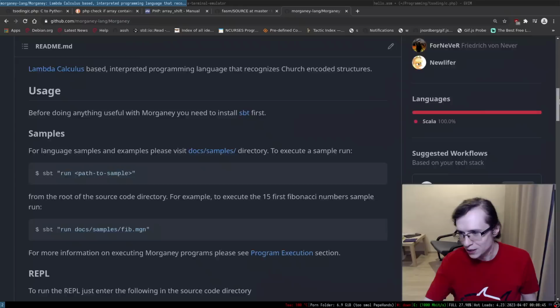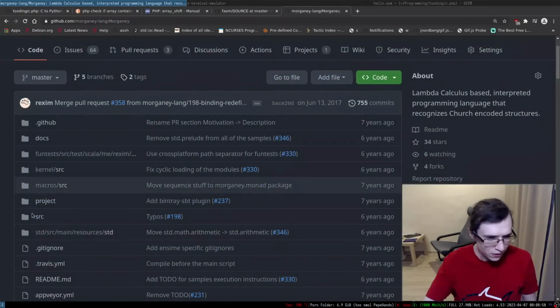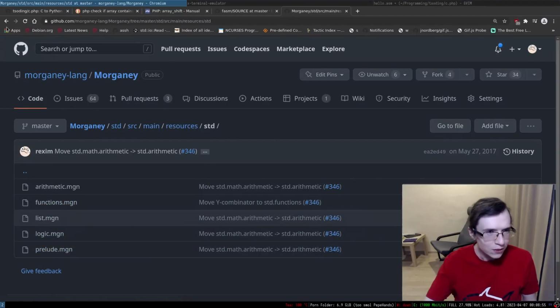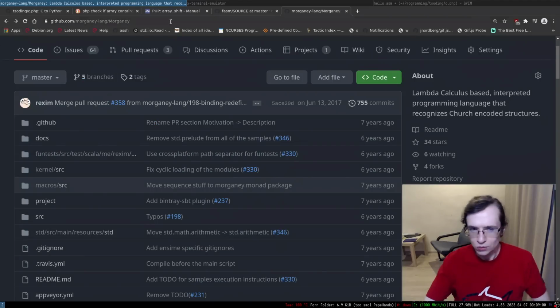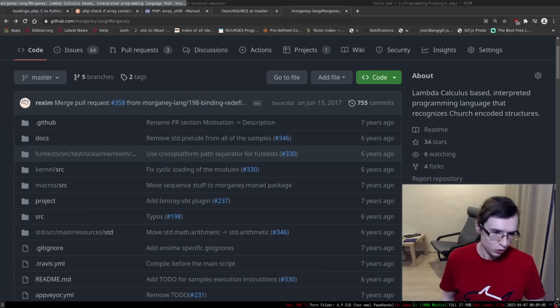So I think somebody even tried to prove that it's Turing complete by implementing a Turing machine in it. So there was a standard library somewhere. Yeah, I don't quite remember. There were some examples, but I don't remember. So in any case, that's basically the thing. Maybe at some point I'm going to actually get back to this project and maybe revive it.